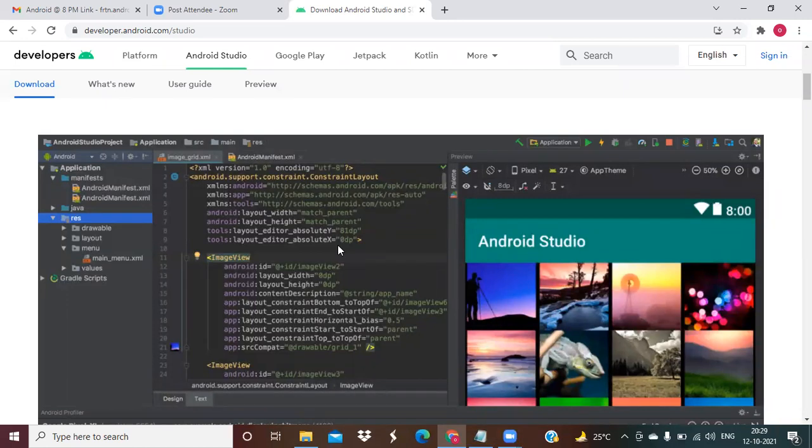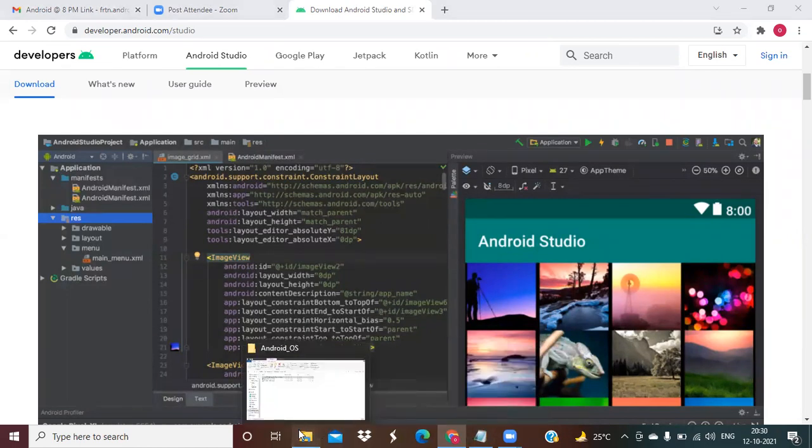There is one question from my side. Can't we implement an application using an IDE other than Android Studio?